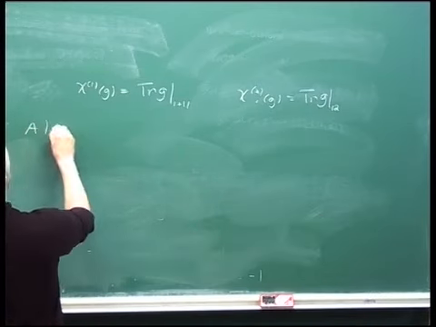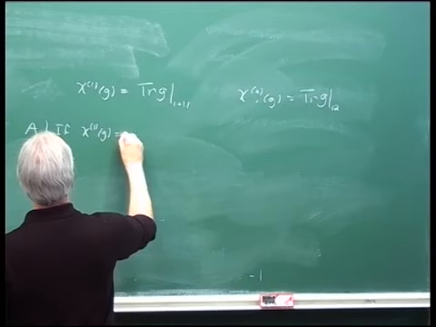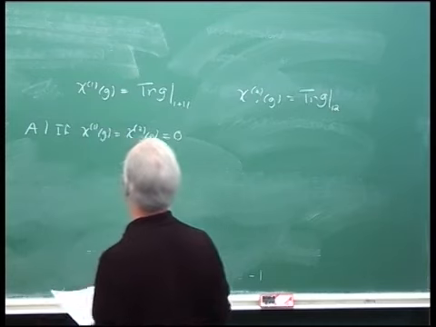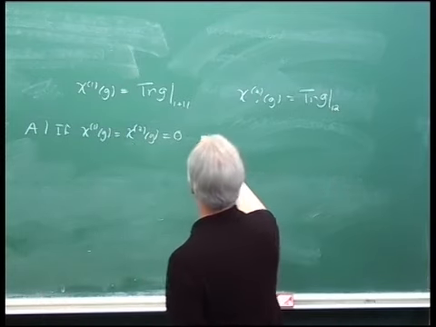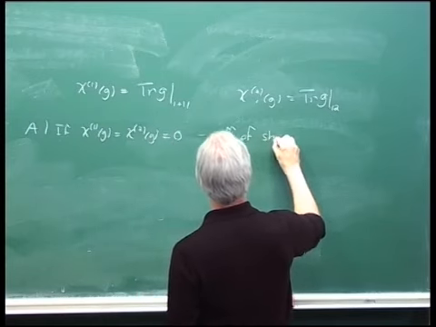So if chi1 of G and chi2 of G are both equal to 0, then it turns out that the coefficient of the shadow vanishes,